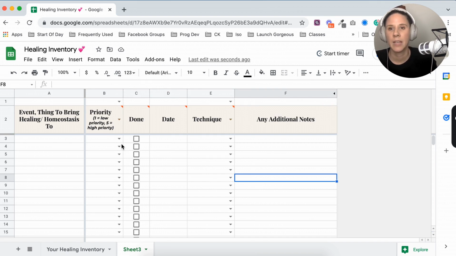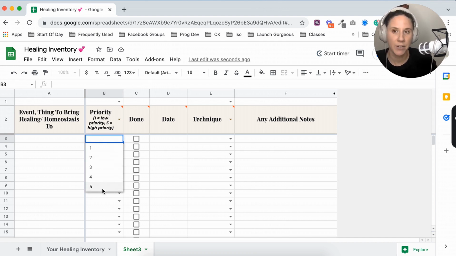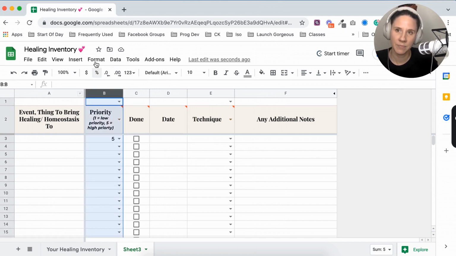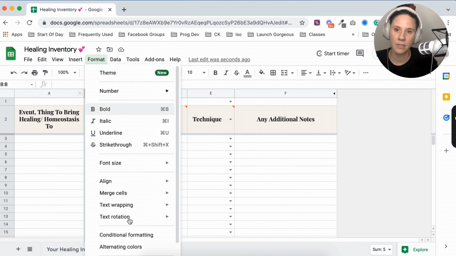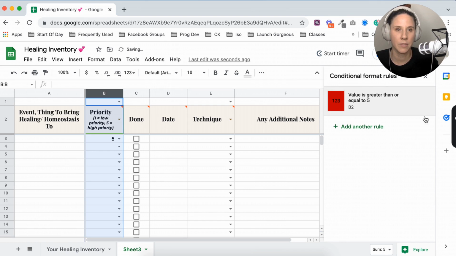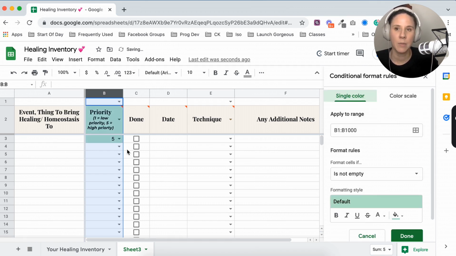Okay. Now, this is the bonus stuff. So say, for instance, I have a 5 priority. So I want to really make sure I'm prioritizing that. What we do is we highlight this column and go format, conditional formatting. Now, you'll see all these things here. This is a bit crazy. I've kind of already done this. But let's start from the start. I want to say add another rule. And what I'm saying is any 5 in this column,